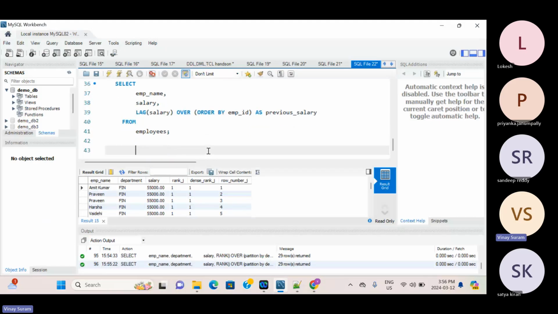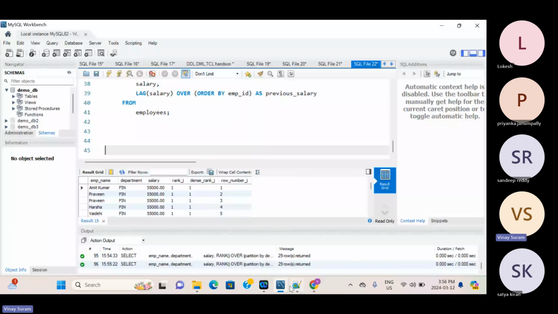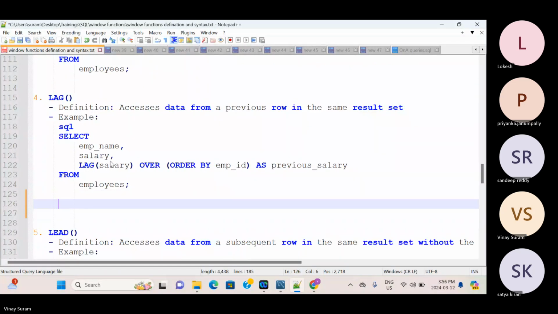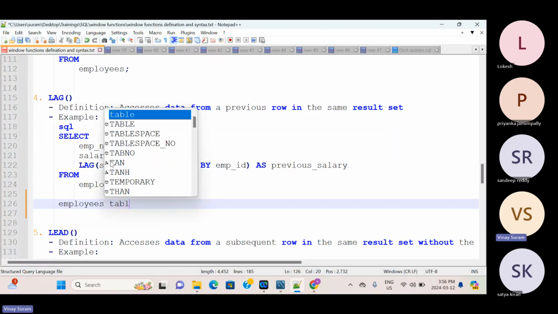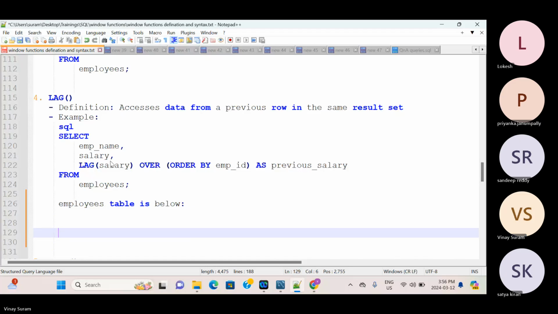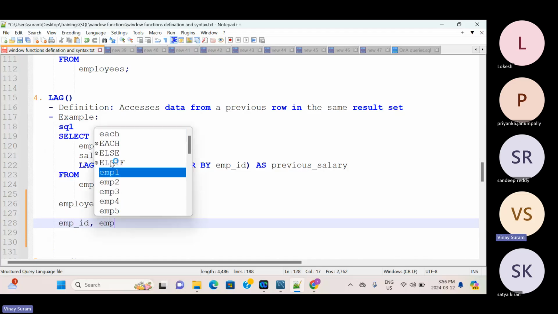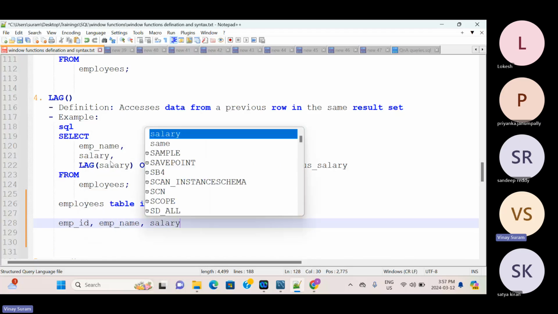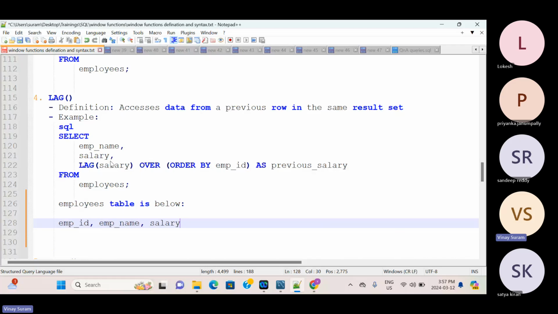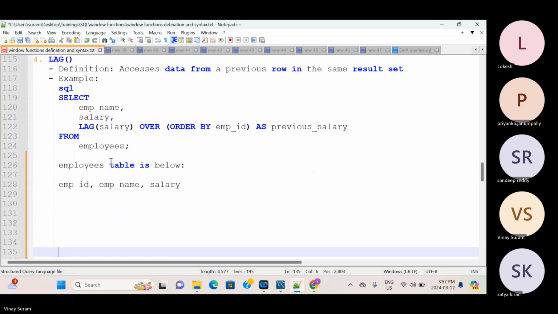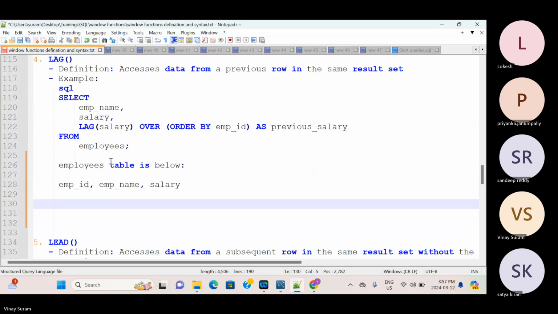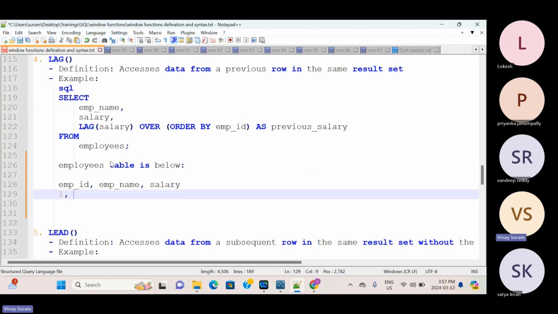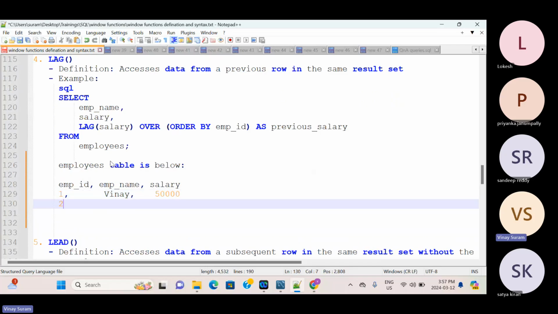Now how would this data look? Generally if we have data, I'll write it here and save it for you. Let me write an employees table as an example. We have employee ID, employee name, salary. I'm not talking about department; you already know that partition would be applied on department. So ID 1, name Vinay, salary 55,000, sorry, then 2,